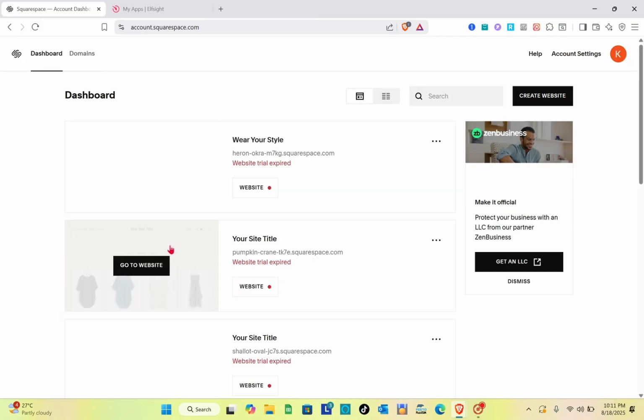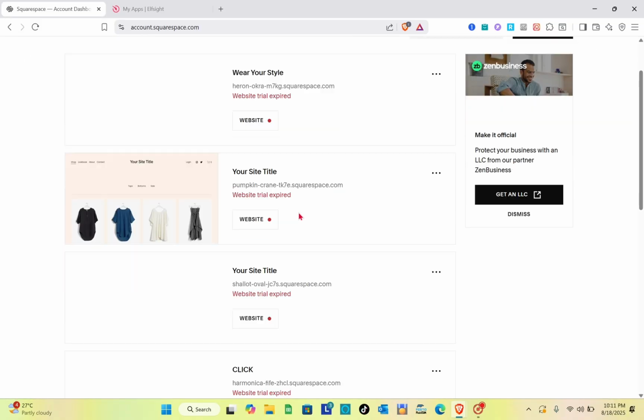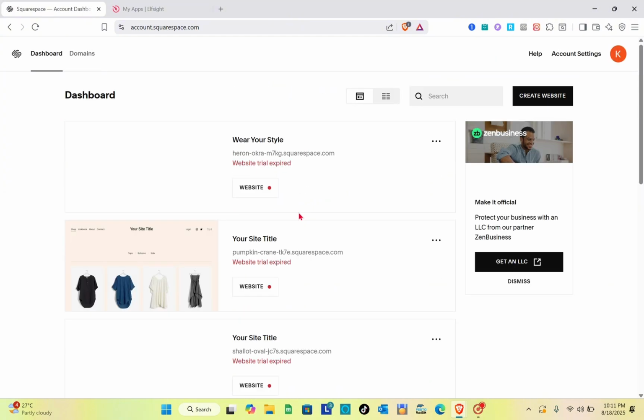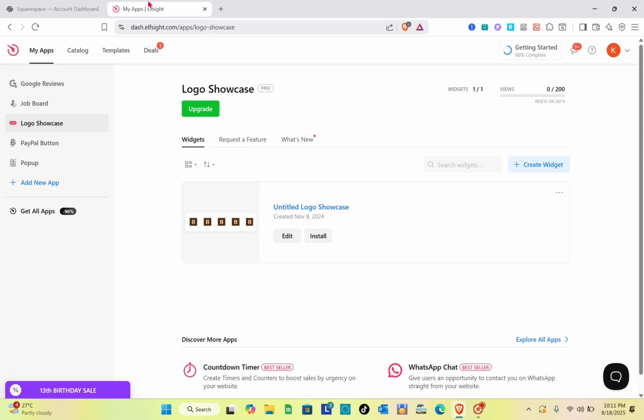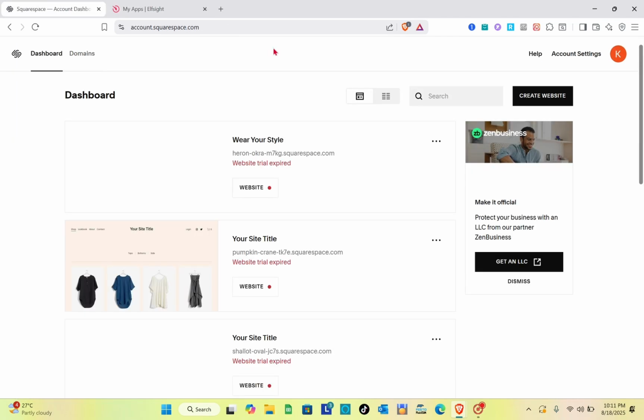Okay, so we are ready on our dashboard. These are the websites that we created months ago, so we're just going to ignore that. Now right here on the other tab, we also have the app site. The app site is the one that we are going to use so that we can create a carousel on our Squarespace website. Okay, so here on Squarespace, you just have to click on the Create Website option,